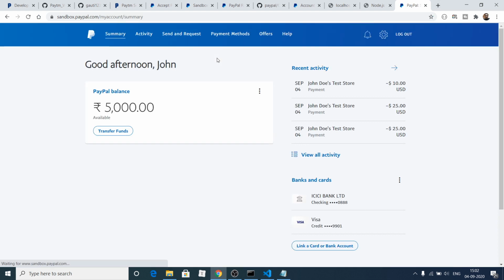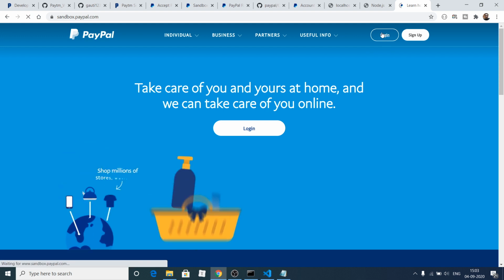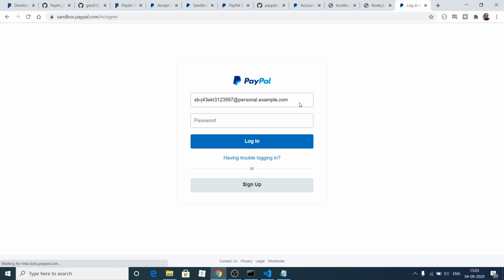the account, so you can see that $10 was debited and it was paid to John Doe Test Store. You can see that minus 10 is there, minus 10 US dollars. So the date is also mentioned, September 4th, and this is the current balance which is there inside this. And if I log out here and if I log in with the account wherever my money has gone to,